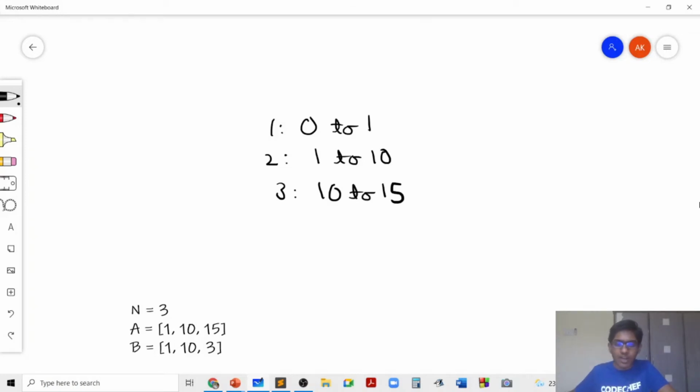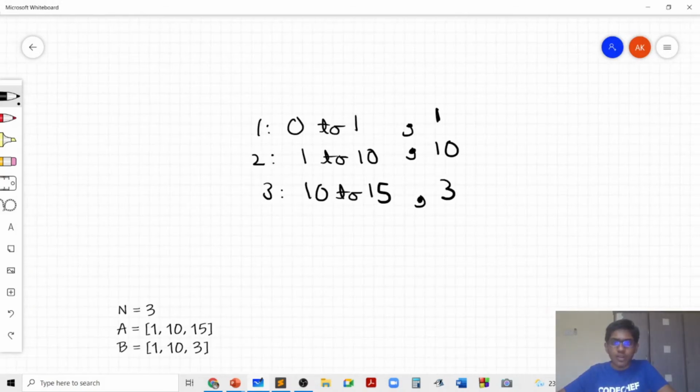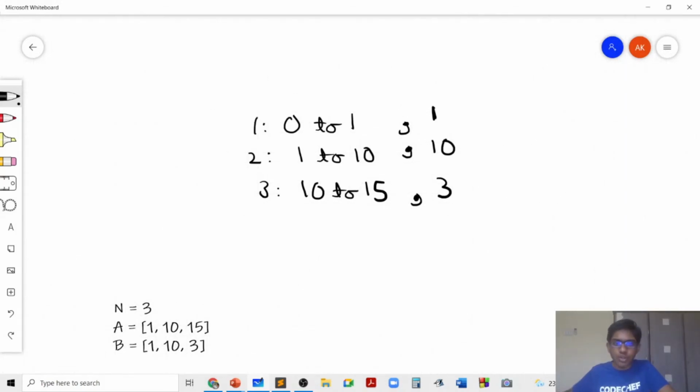The time required is 1 unit for student 1, 10 units for student 2, and 3 units for student 3. Student 1 gets 1 minus 0, which is 1 unit of time, and since he requires only 1 unit of time, student 1 can cook successfully.